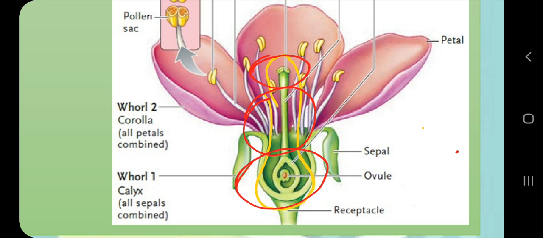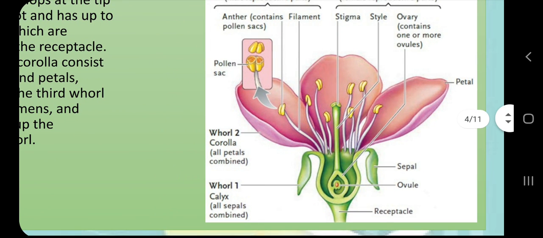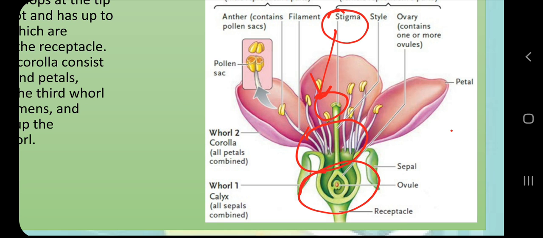So stigma is this part. So this is the stigma, the receptive part for pollen grains. This tube-like structure is called style, which is the path for pollen tube, and again this ovary has some ovules, maybe one or more. And one more thing: after pollination and after fertilization this flower will transform into fruit, and this ripened ovary is actually called fruit. So these ovules are called seeds after fertilization or after ripening.